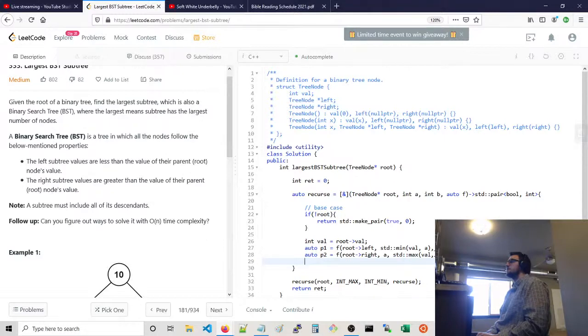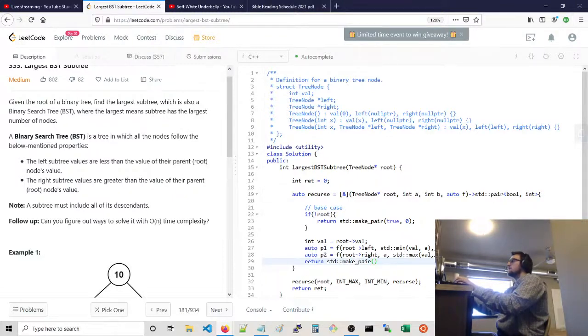And so we get P1, P2, and we're going to say return std::make_pair of,